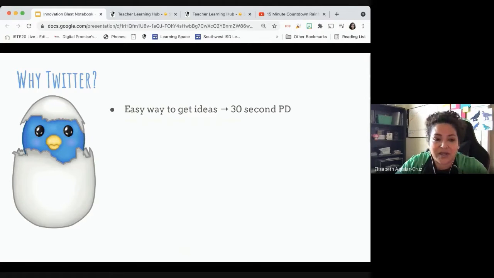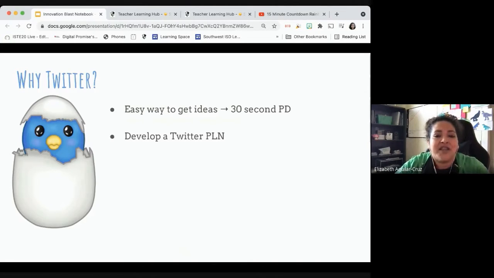And it is a quick 30-second PD because you follow people that you want to on your Twitter feed and people that you'll get ideas from, and they share them out. And then you just scroll on through them, and I'll give you a little layout of what that looks like in a bit. But you can get a quick idea of what's happening and what's out there, and you don't have to spend 30 minutes or an hour. You could just go in and get ideas. So it's a quick and easy way to get ideas.